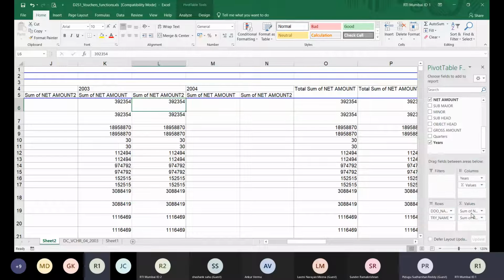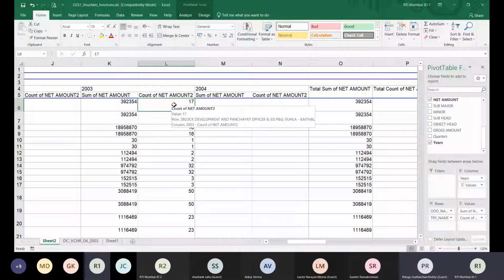वैल्यू फील्ड सेटिंग में जाऊंगा, और वहां पे जो सम लिखा है, उस सम के बदले काउंट कर दूंगा। अब मैं ये बता रहा हूं कि ये फील्ड कोई भी रहने दो, उसकी वैल्यू को आप डिसरिगार्ड करो, उसको देखो ही मत, खाली वो काउंट करो। ओके कर दिया तो वो अभी काउंट करेगा। ये देखिए, 17 वाउचर का या 17 रिकॉर्ड का इतना अमाउंट है, 16 रिकॉर्ड का इतना अमाउंट है, एक रिकॉर्ड का इतना अमाउंट है,